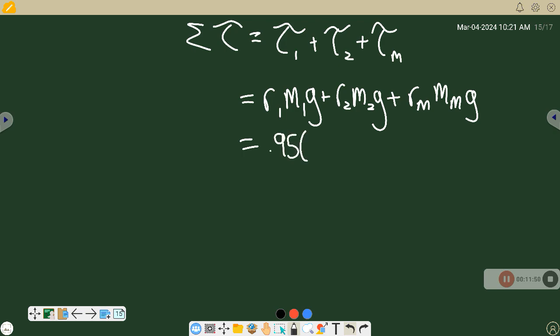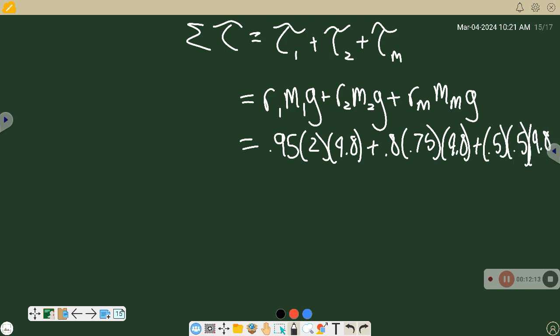We know the mass of object 1 is 2, times 9.8, plus, this one has a lever arm of 0.8 times 0.75 times 9.8. Finally, we have lever arm is 0.5, mass is 0.5 times 9.8. Plug all those numbers into your calculator, come up with an answer of about